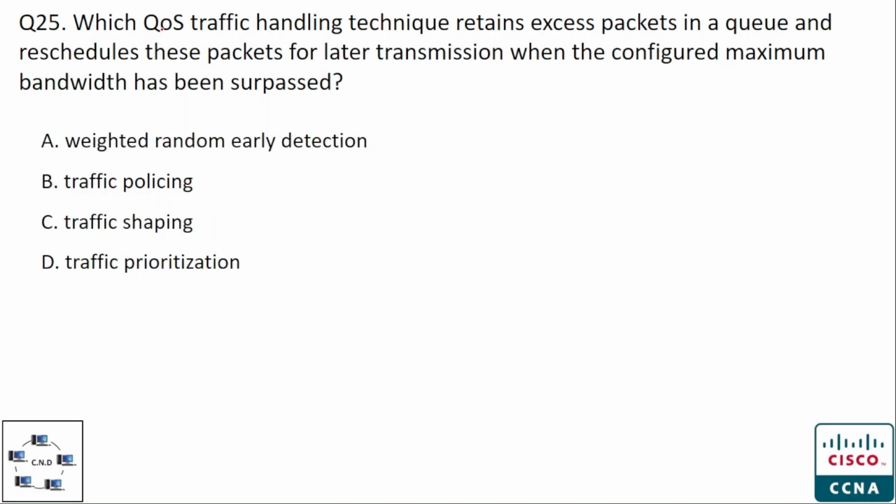Question number 25. Which QoS, or quality of service, traffic handling technique retains excess packets in a queue and reschedules these packets for later transmission when the configured maximum bandwidth has been surpassed? And the options are option A, weighted random early detection. Option B, traffic policing. Option C, traffic shaping. And option D, traffic prioritization. And the correct option is option C, traffic